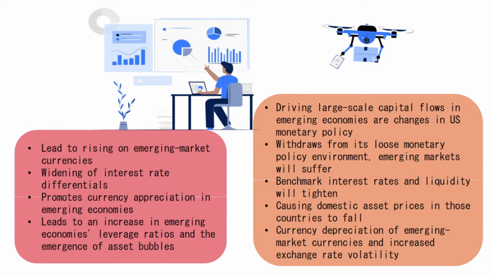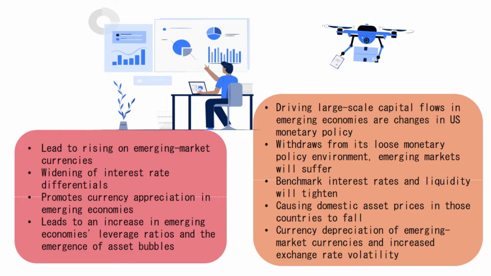Cross-border inflows of funds have increased the money supply in other countries, resulting in credit prosperity while also increasing the asset prices of capital inflow countries. And thus the increase in asset prices has promoted further capital flow. As a consequence, the United States unconventional monetary policy not only promotes currency appreciation in emerging economies, but also leads to an increase in emerging economies' leverage ratio and the emergence of asset bubbles,